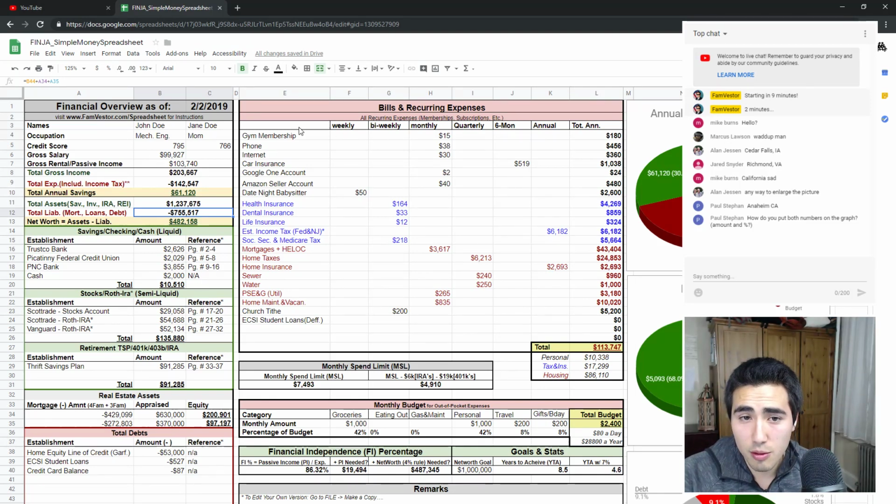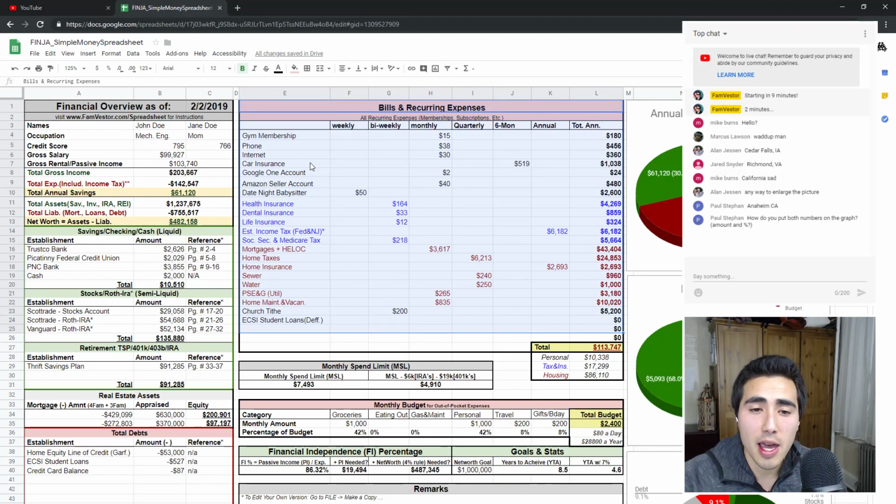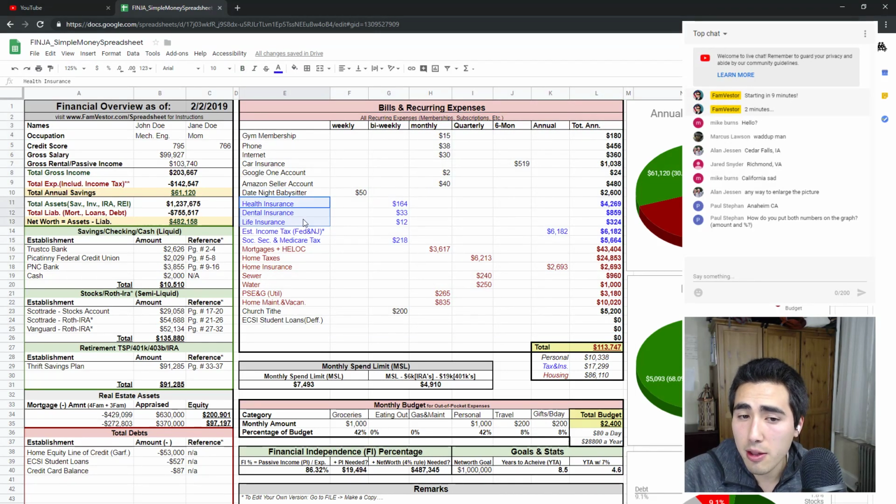And then when you go to the right side, that's all your bills and recurring expenses, all your memberships, your subscriptions. And I even calculate things like health insurance, dental insurance, life insurance, anything that's taken away from that paycheck automatically, recurringly every single month. And I even put in my estimate for my taxes and Social Security, and that's just based off last year's return and what I'm projecting for the next year. And Social Security and Medicare, that's based pretty much off your paycheck, what you see them taking out.